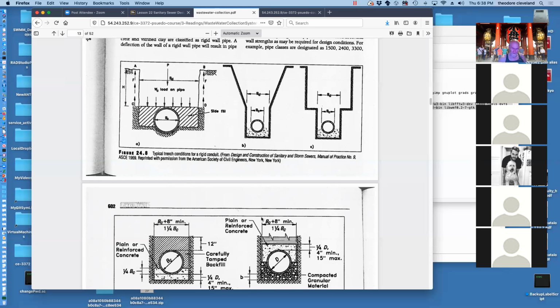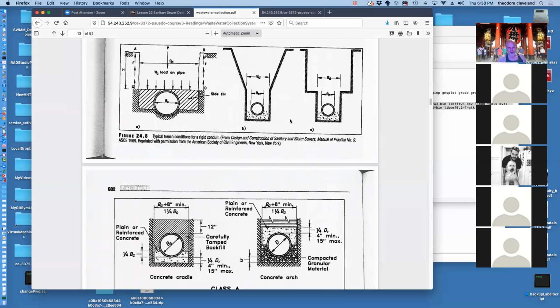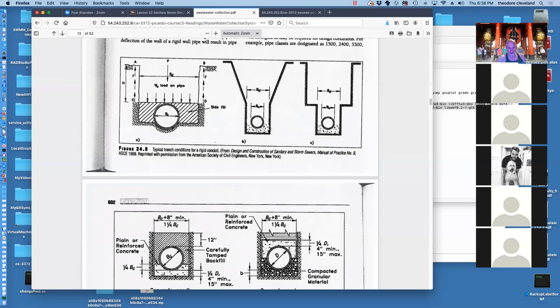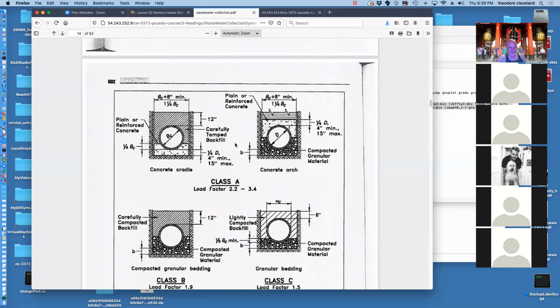They also have to support effective stresses, the overburden pressure conferred by the surrounding soil, as well as any loads at the surface. So if a pipe is buried underneath transportation infrastructure, there'll be loads imparted on it by the weight of the soil above it, plus the vehicular traffic on top of that. And there's a fairly extensive procedure on how trenching is done and backfill is done to accommodate the different kinds of loads in different